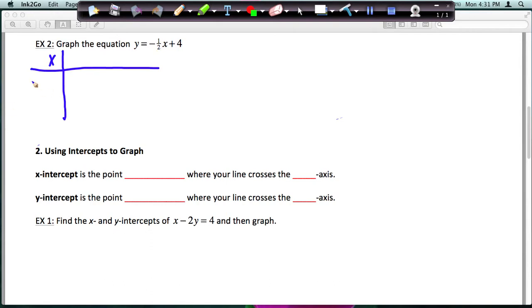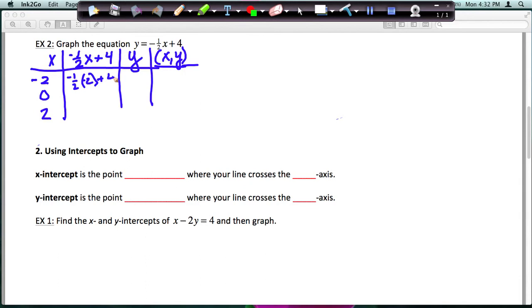So I'm going to pick negative 2, 0, and 2. And you'll just see when I do this, I get rid of my fractions. So it makes it a little bit easier to graph. So I'm going to write kind of the same table. I'm going to plug in, and then I'm going to see what my y value is, and then what the coordinate or the point is. So if I plug in negative 2 in for x, I have negative 1/2 times negative 2